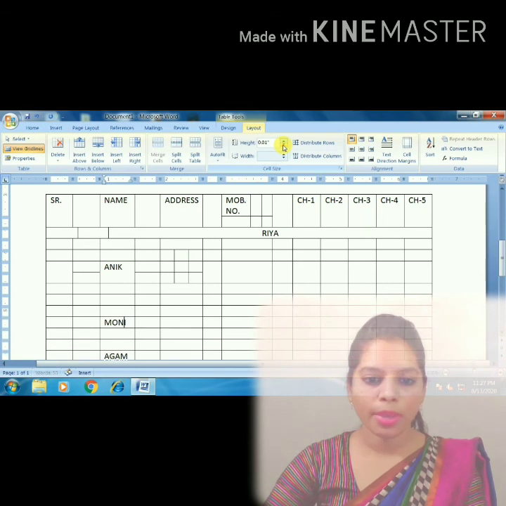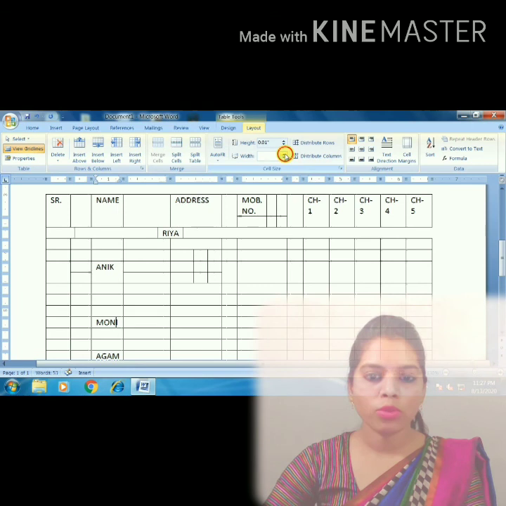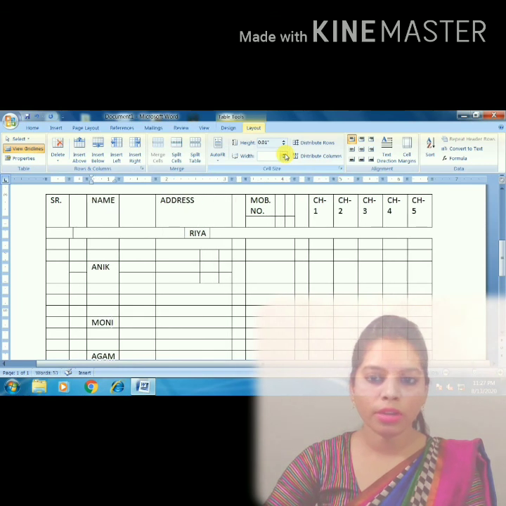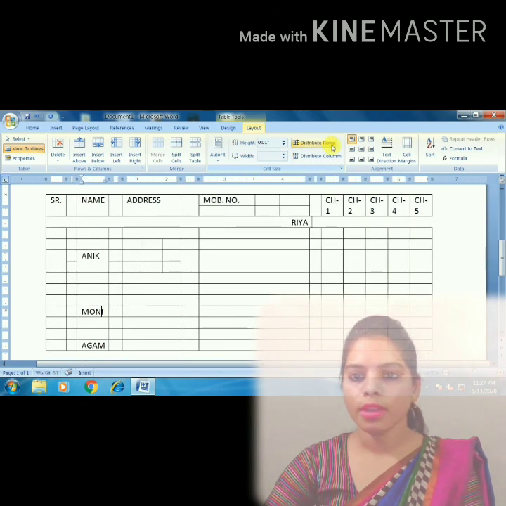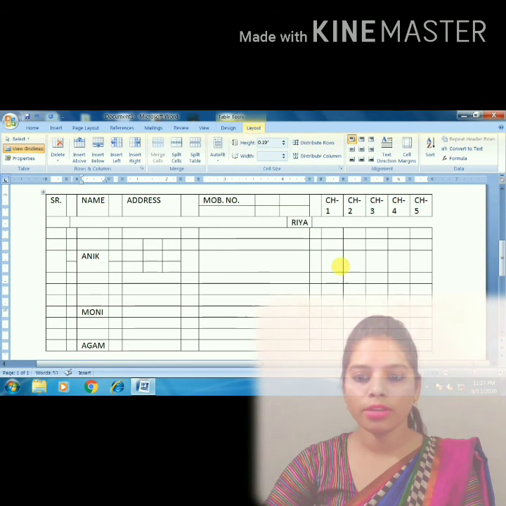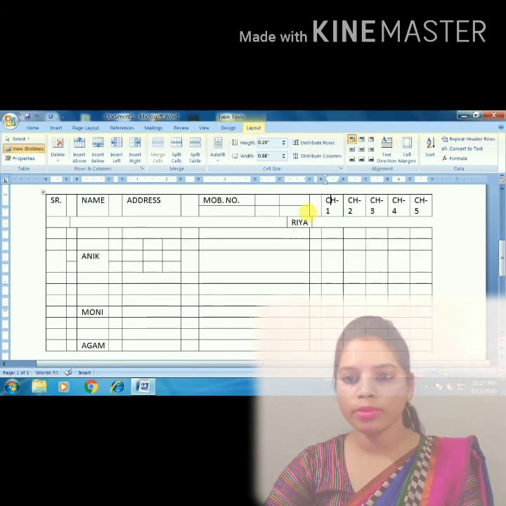After then, we can make it like this, and width is also used to change the width of the selected row or cell. Distribute rows, it is used to distribute the selected rows, and we can see the changes from here also.